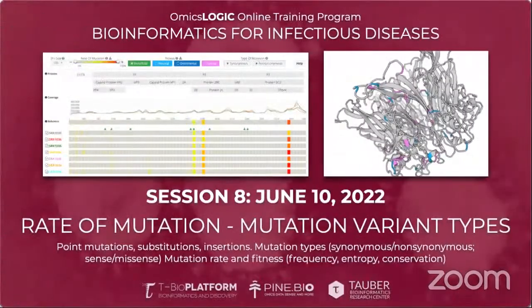And then we will also understand how to analyze different mutation types like synonymous mutation, missense mutation, and non-synonymous mutation, and how to calculate the rate of these mutations, and how to map these mutation rates onto the spike protein, for example, or onto the protein, so that we can get a